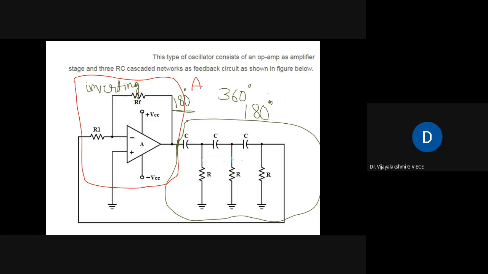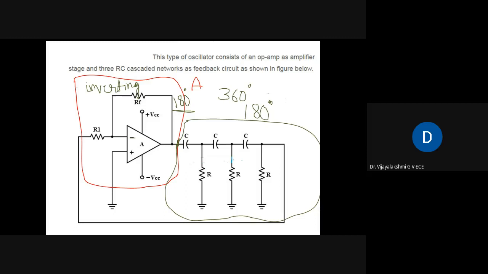Okay. So the RC phase shift oscillator has an amplifier part which is working in inverting mode, which provides a phase shift of 180 degrees, and its feedback has the RC elements. Each stage of RC elements introduces a phase shift of 60 degrees. So three stages combined together introduce a phase shift of 180 degrees, such that for sustained oscillation, the Barkhausen criteria is satisfied. Okay, and what is the other condition? The other condition is A into beta should be equal to 1.